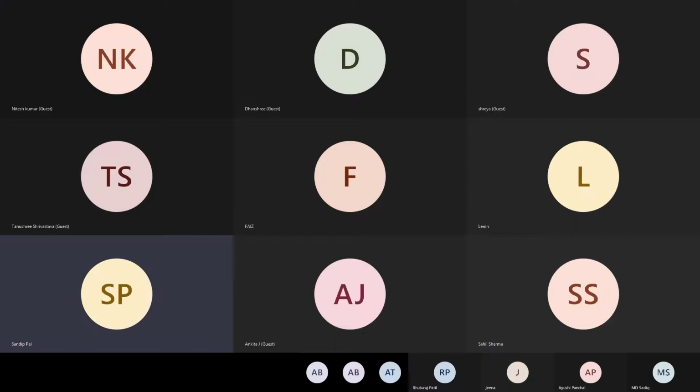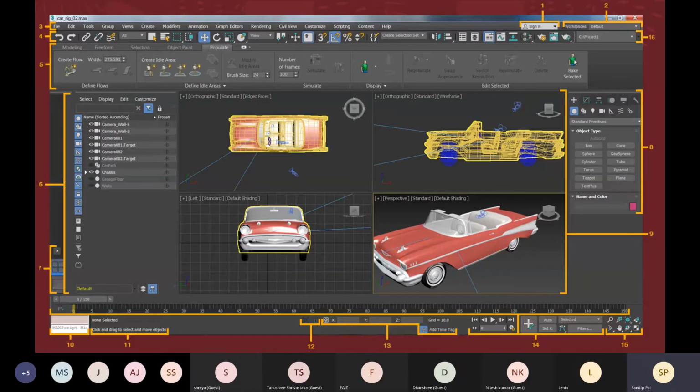All right, so in this screen, you can see this is the GUI of 3ds Max. Before explaining all the parts of this GUI, let me tell you about this 3ds Max.